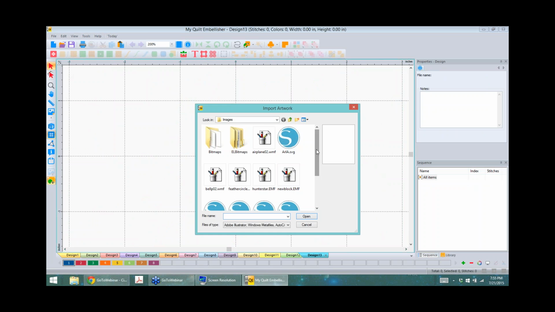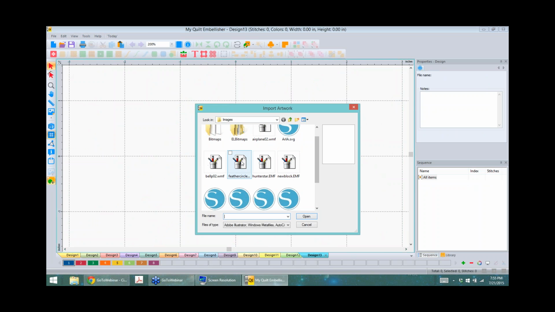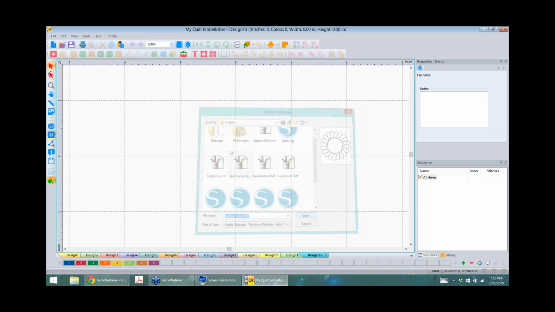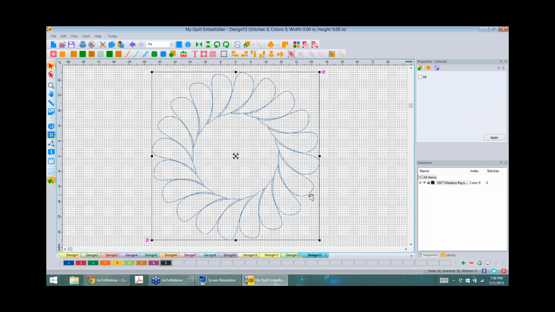And these come in. Here's a feather circle that I exported from another program, and I'll open it up. Now you notice my screen just went really bizarre. I exported it from the other program in very high quality artwork, 600 DPI, and so when I open it up here,